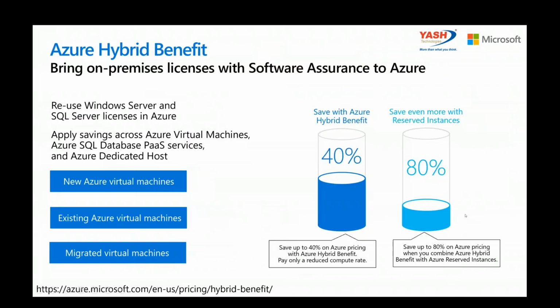Another key one to understand is the Azure Hybrid Benefit. Together with reserve instance, it can reduce up to 80% of your running costs on Azure. So if reserve instance covers the compute cost, hybrid benefit covers the licensing cost of your Windows Server and SQL Server licenses if you do have an active software assurance. This is unique to Azure in terms of license mobility, and none of the other competitors are able to offer such a program as the hybrid benefit in Azure.